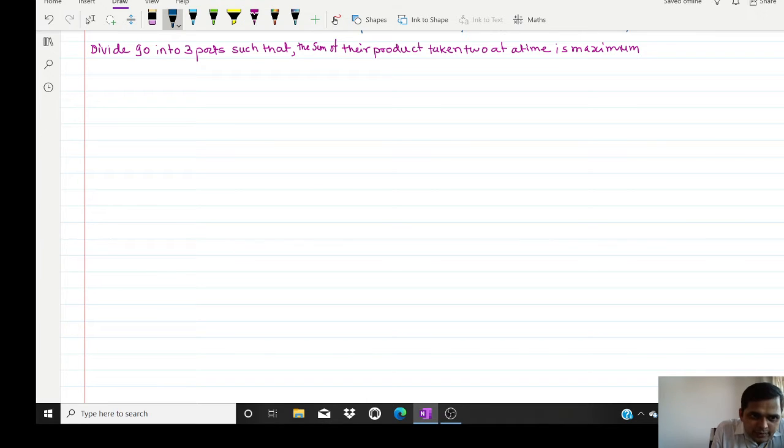Okay. So first I am going to write the 90 into 3 parts. One as 90 is equal to x plus y plus z. Now there are three partitions x, y, and z. What we require is the sum of their products. Sum of their products means sum of the product of the parts taken two at a time. So there are three parts, so we are taking two at a time. So either I get a xy, or I get a yz, or I get a zx. Now take their sum. So this is our f of x comma y.